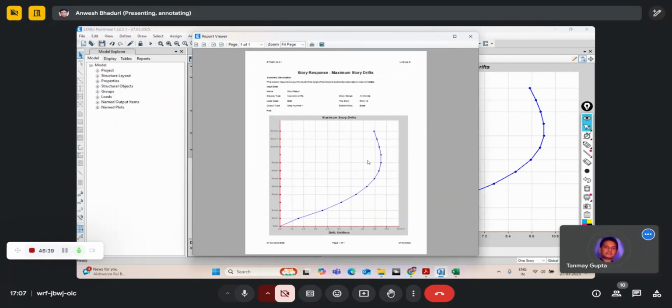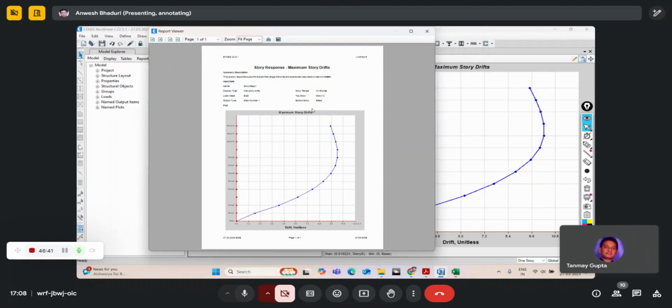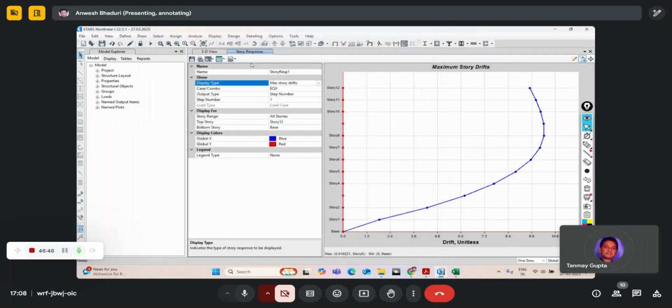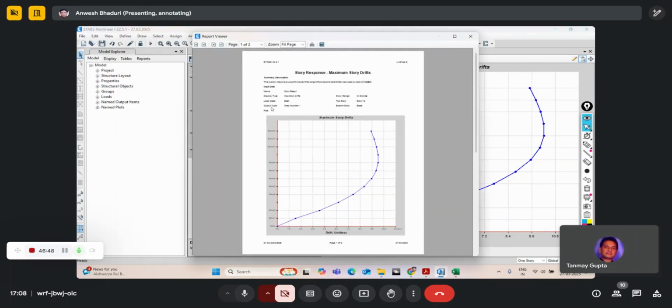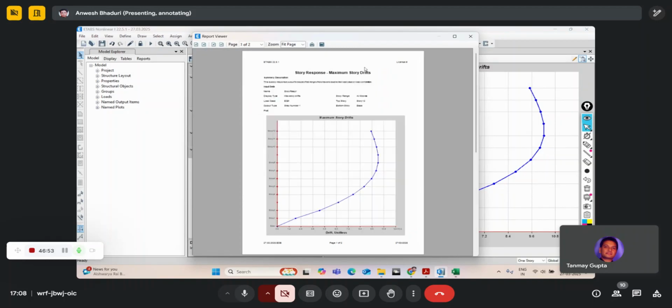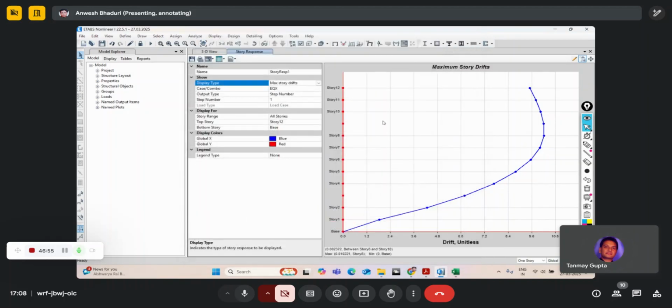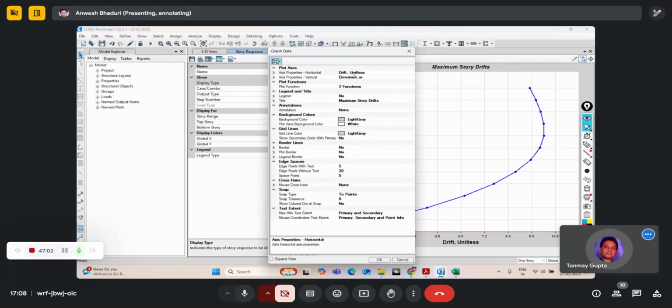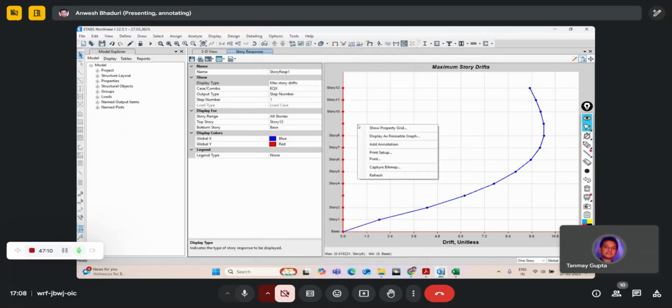Either from the report menu or from this menu, you can even have it in the form of a report viewer for making reports. And also have a detailed report over here where you have the table as well as the graph. And this graph here can also be formatted. You can edit, you can set it up in different ways. You can change the colors and all that. You can also change the